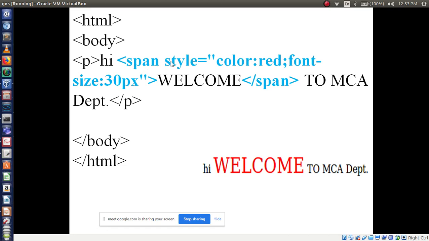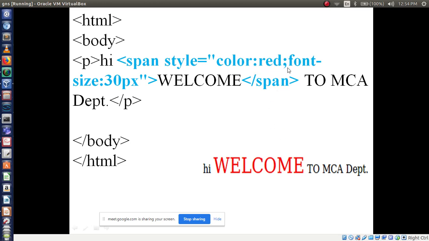Span, then style. Compulsorily, since you are applying the styles in a single tag, you have to use the style attribute. Style equals color. The property name is color, colon, which color? Red. So red you have to write.